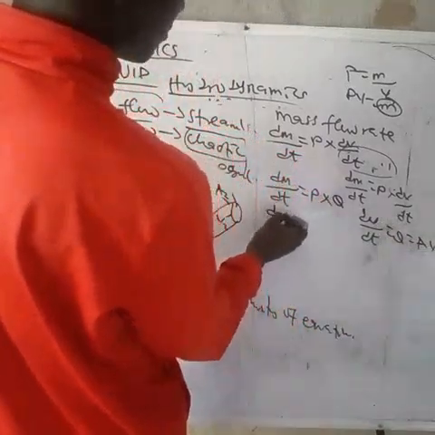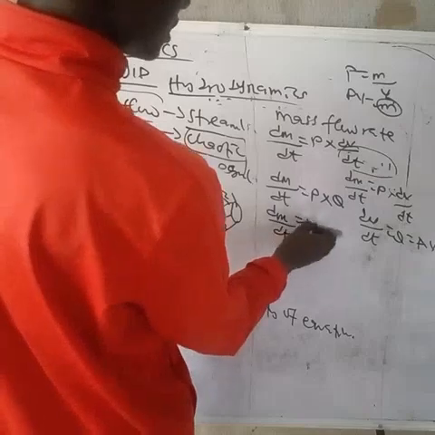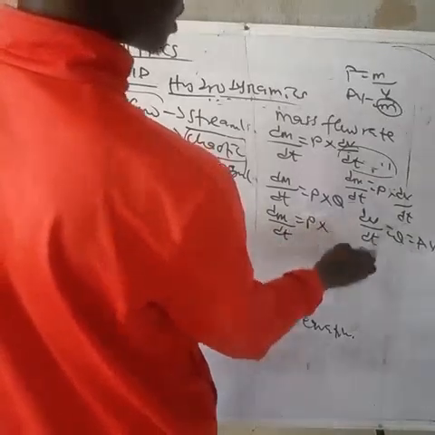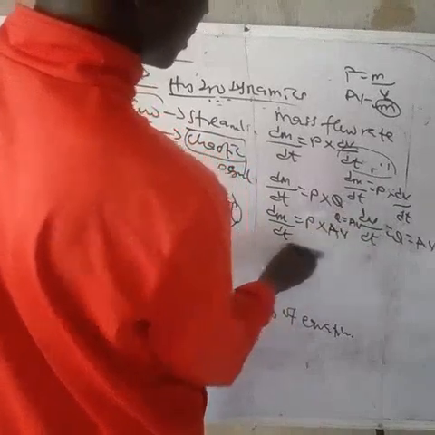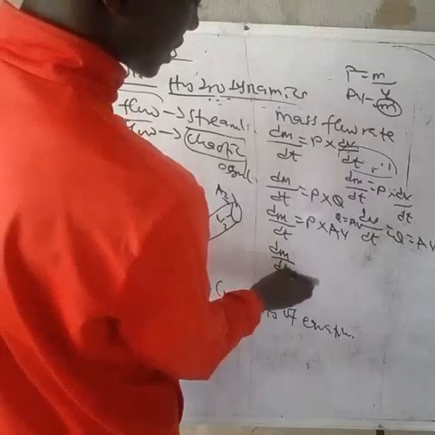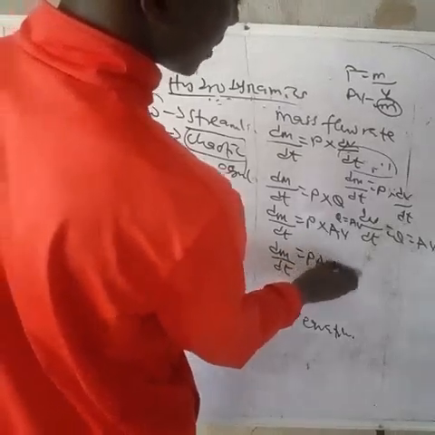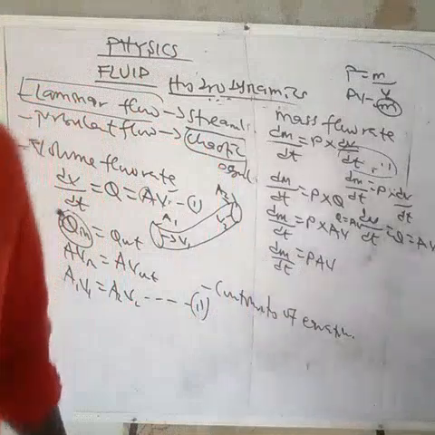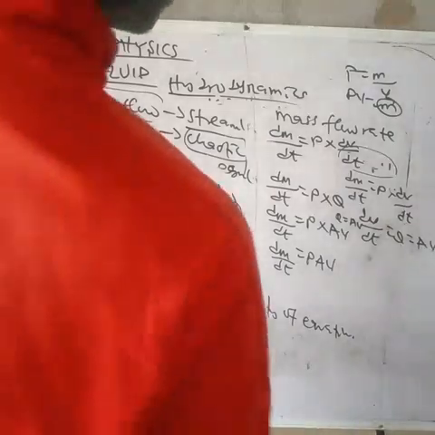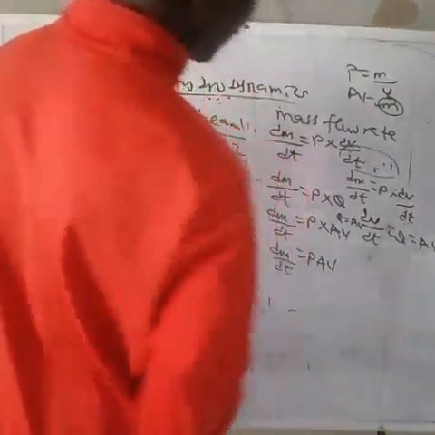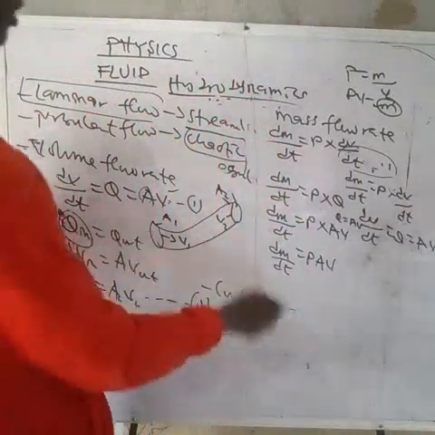So you have mass flow rate dm over dt is equal to rho multiplied by your Q. Now, Q is equal to AV. So your change in mass per change in time is equal to rho AV. So if you have to find the mass flow rate, multiply your density times the area, then times the flow velocity. Okay, then don't forget that I said we are having in and out of the pipe,